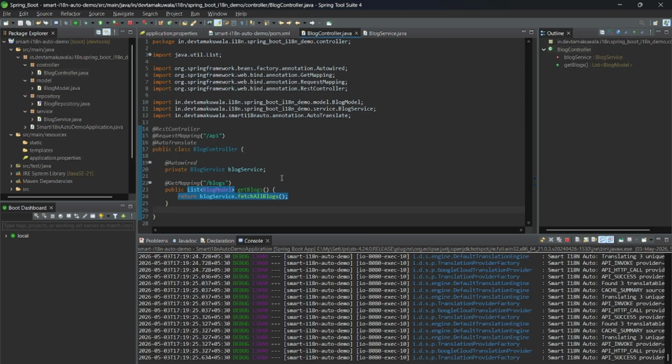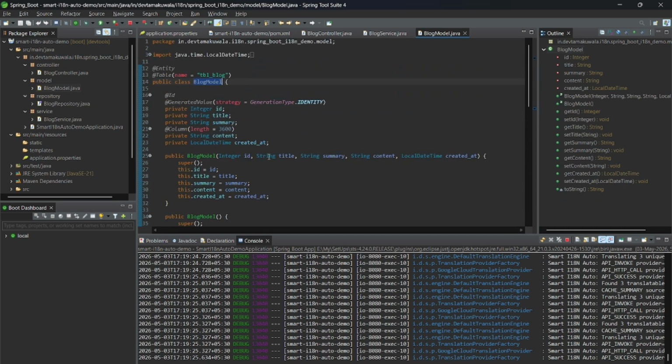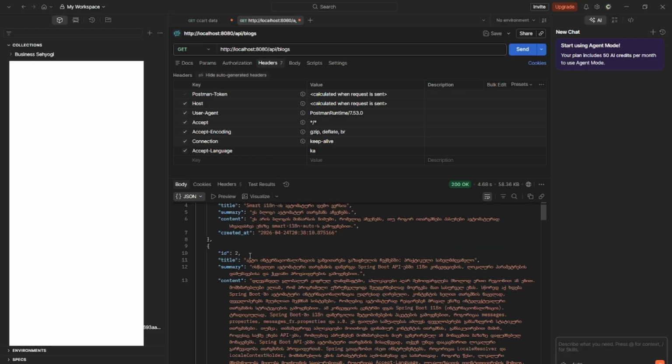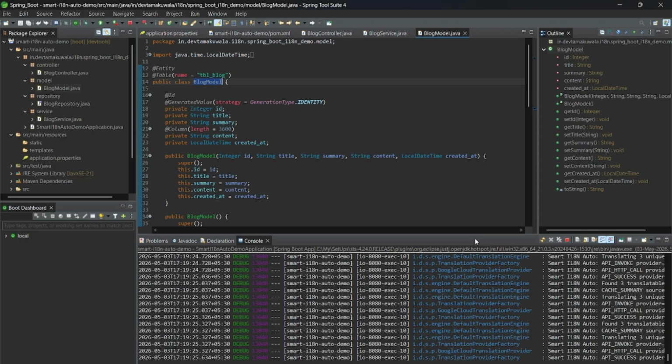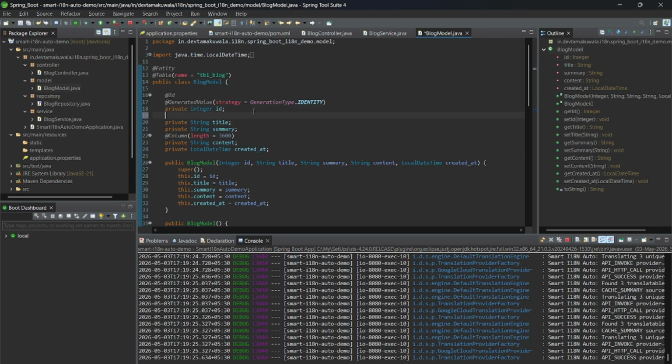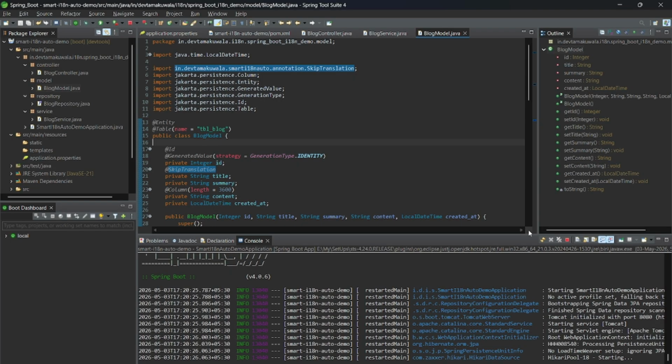Now if you do not want to translate any particular field, we can also do that. For that, we just need to go in a model or wherever we want to skip the translation. We will take an example of a title. Like, I don't want to translate the title, I want it as it is in the database. So let's go ahead. In the model, just before the title, we will add one more annotation called skip translation. Skip translation added. Now let's wait for the server to restart,